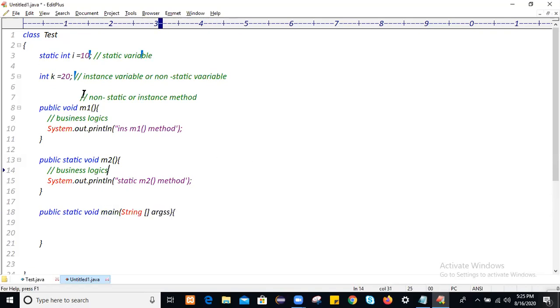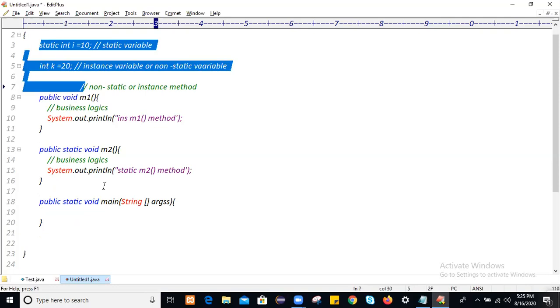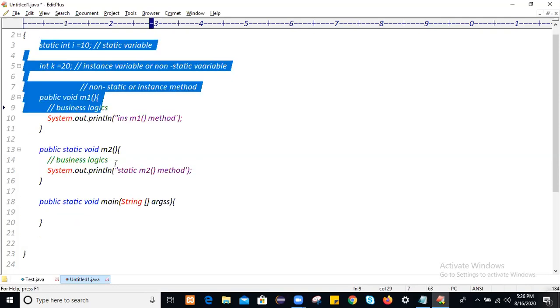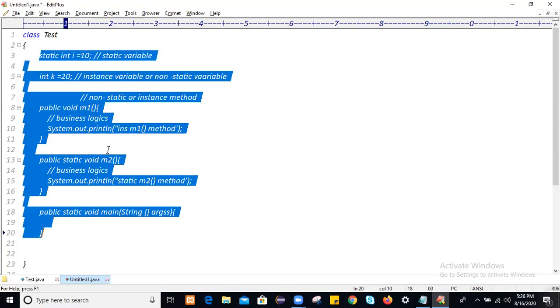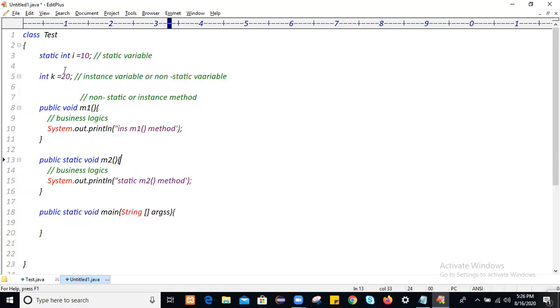You see how to create a class. We create a class by using the class keyword followed by the class name. Test is the class name. Observe carefully, this is the class area. Within this class area we are writing the logics of an application. So these are the class logics, and a class contains the logics of an application. We declare variables and methods, and now we can access those variables and methods. Your execution will always start at the main method, but there is one point here.